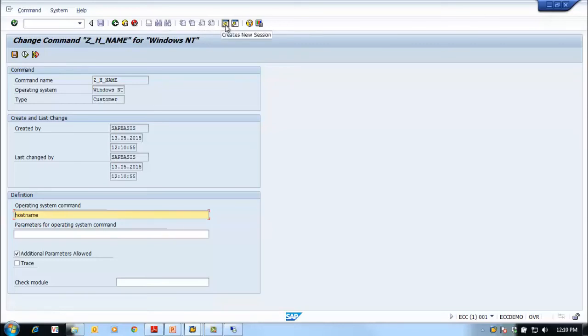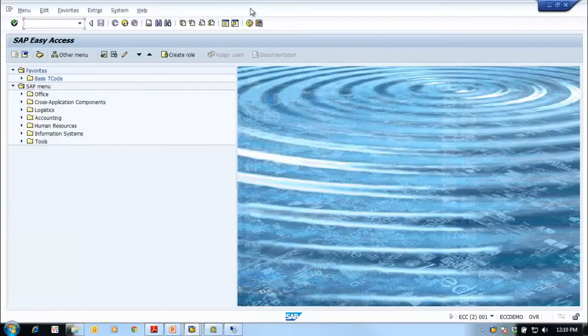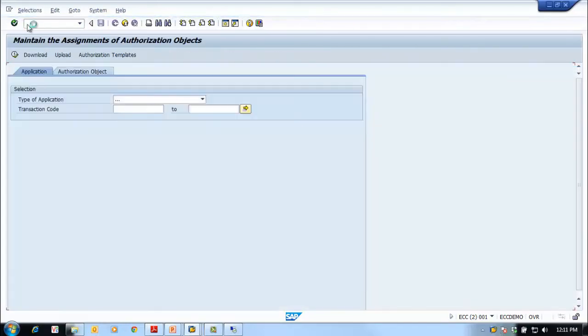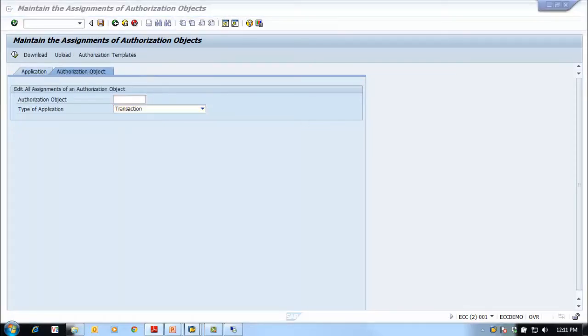Let's create a new session. Let me show you the authorization object we have for this background processing. If you go to SU24, and go to authorization object, the object name which we will be using for this is S_RZL_ATM. Okay, this is for processing background jobs. If I execute,